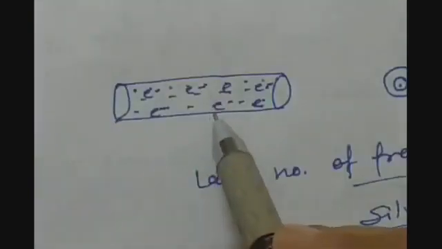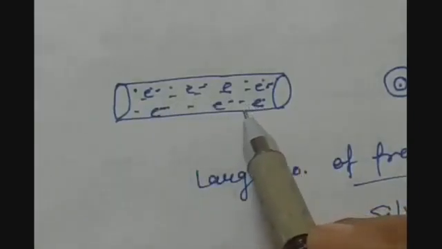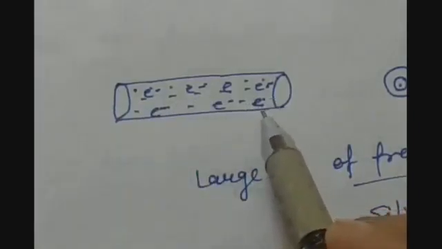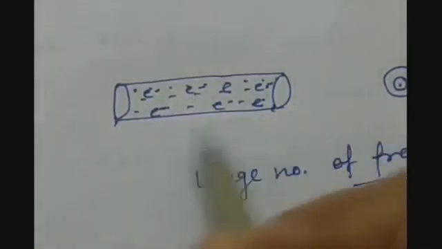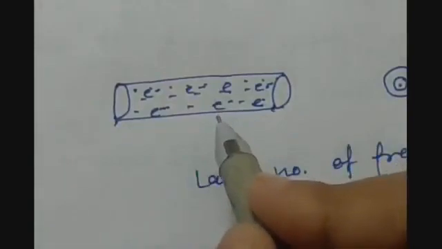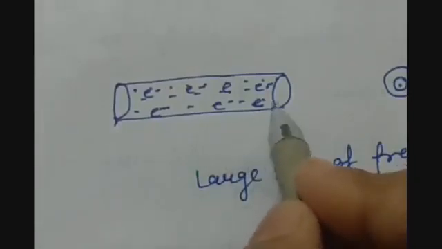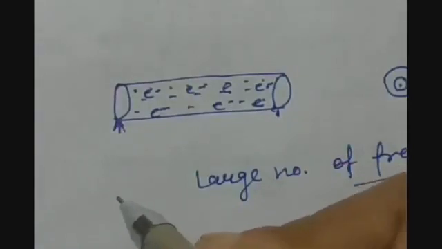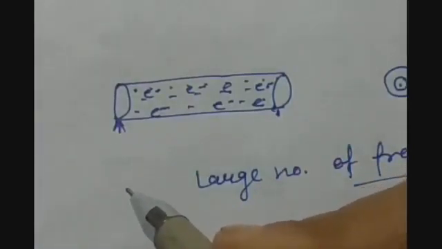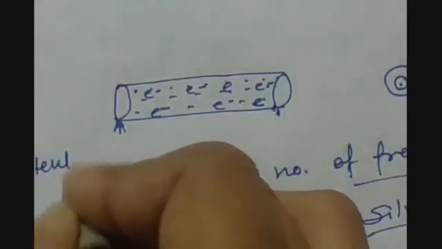And these free electrons are able to move in the material itself, but they will not move from this point to this point by themselves. So there is a requirement of some force, some electrical force that can move these electrons from one end of the conductor to another. And that force is called potential, electric potential.